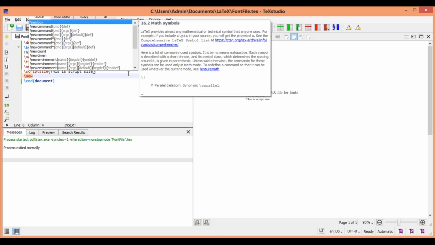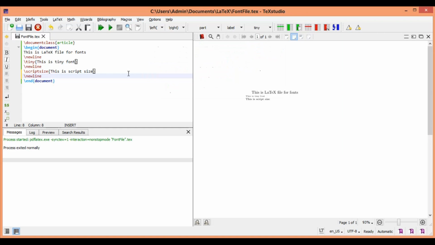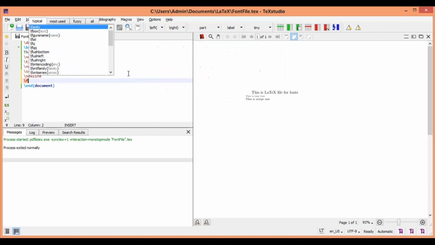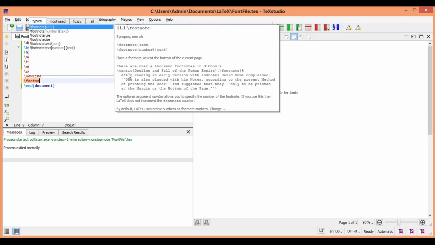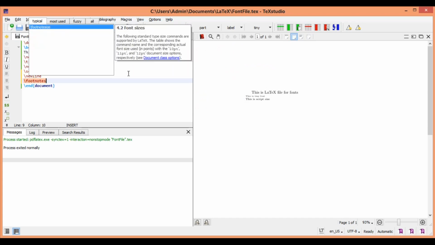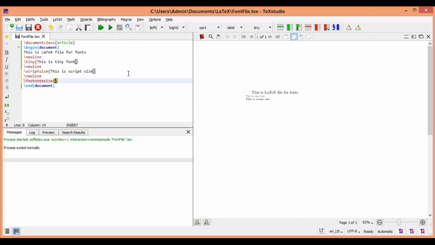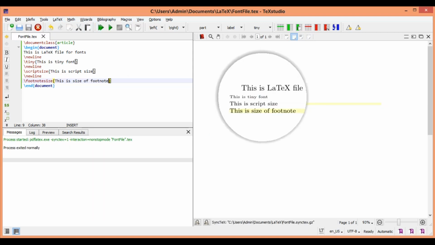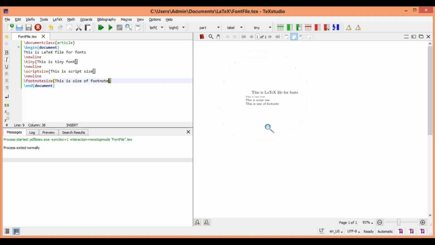So LaTeX supports a format called footnote size. Let us see the footnote size. "This is size of footnote." As you see, it is slightly bigger than the script size, and obviously it is bigger than the tiny font also. So we might use this for writing notes.